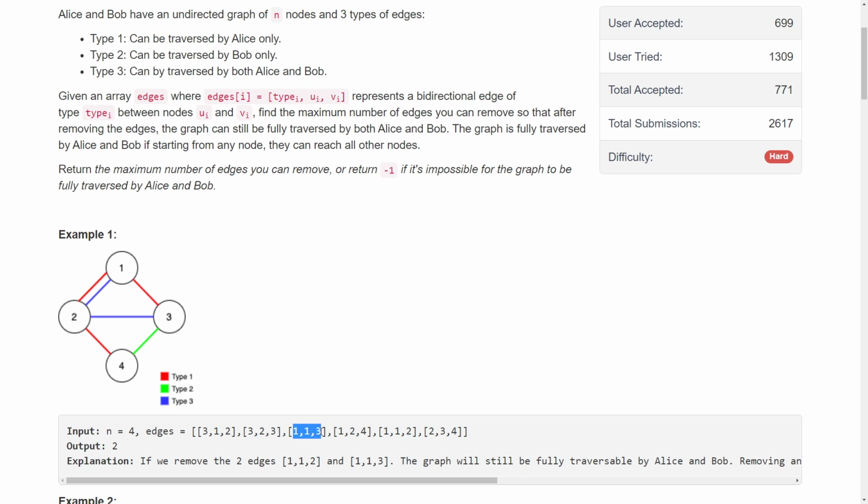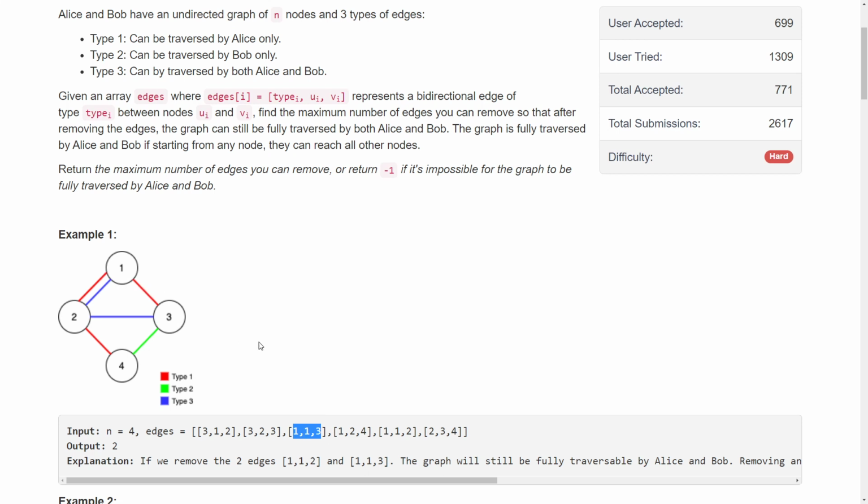Now I got 1 1 3. Because this is type 1, I will only look at Alice's set. In Alice's set, 1, 2 and 3 are already there. When I add this edge, I will actually make a cycle.